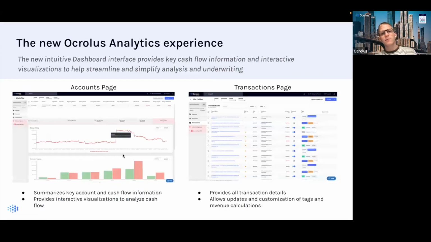And just moving on, and once again, I will demo this in a moment, but these are the two new pages that you're going to be seeing on the Ocrolus dashboard. One is the accounts page and one is the transactions page. The accounts page is great because it really allows a summarization of key account and cash flow information right off the bat after documents go through our system and our process. It also gives you some interactive visualizations to analyze and imagine what the cash flow is on a specific book. And then moving over to the transaction side, it really is providing details into each transaction that was extrapolated from a statement,